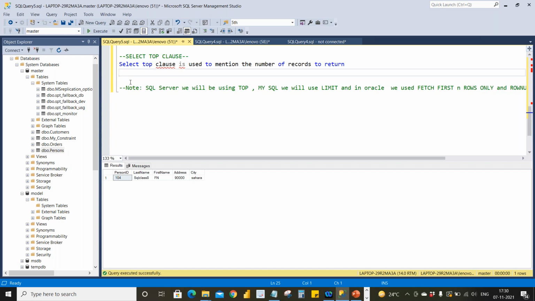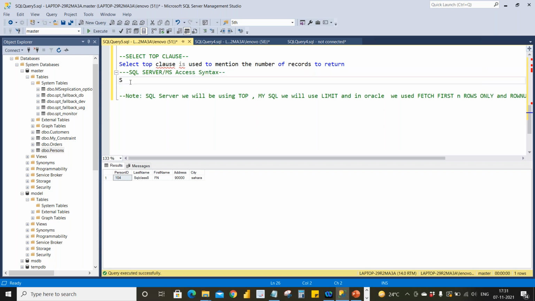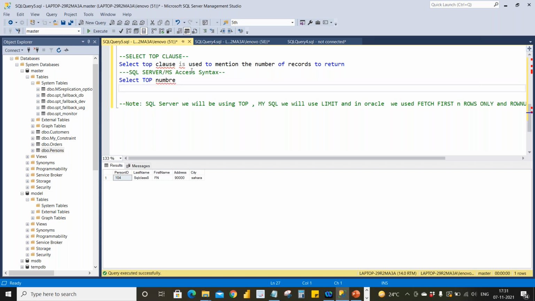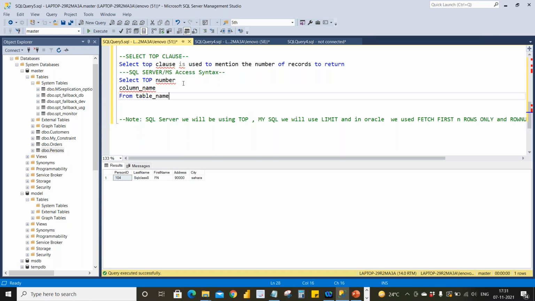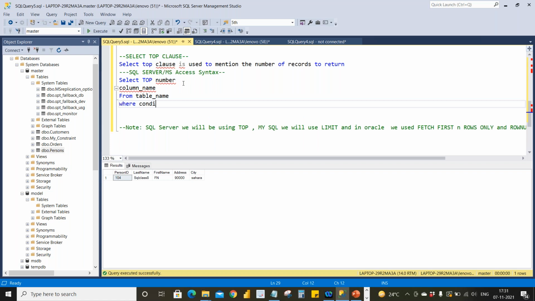Now, in SQL Server and Microsoft Access, we use this syntax: select top number, then the column name if you want, from table_name where condition.